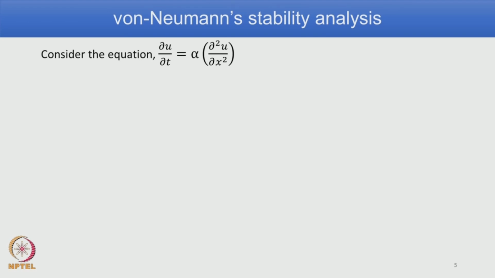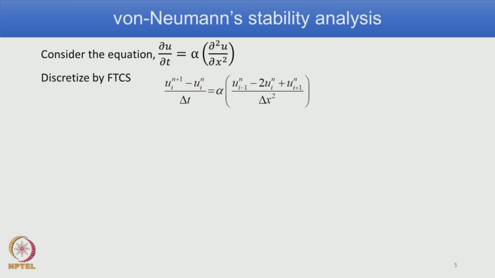So, to get an explanation of von Neumann stability analysis, we take a model equation. It is again a one dimensional equation, ∂u/∂t equals alpha ∂²u/∂x². We have already seen this equation when we talked about consistency. Again we mentioned FTCS, which is forward in time, central in space. So, if you write it down